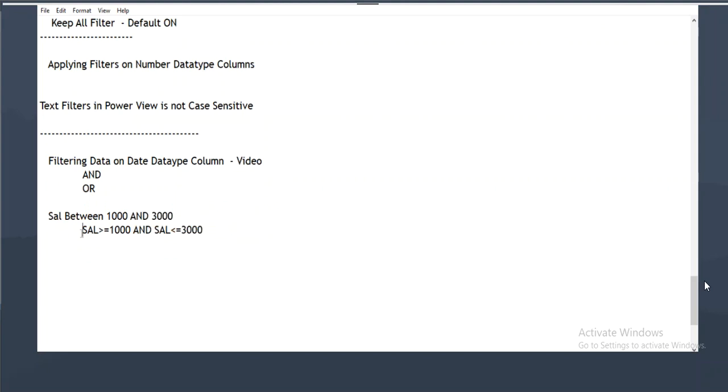Now this time the requirement is it needs to satisfy both the conditions. When the employee salary is satisfying both the conditions, then only I want to show it. I'm not asking to just show the salaries which are greater than 1,000. I'm not asking to show the salaries which are less than or equal to 3,000. It needs to satisfy both, between. So when both the conditions are true, whenever you need to show some values, you need to go with and here.